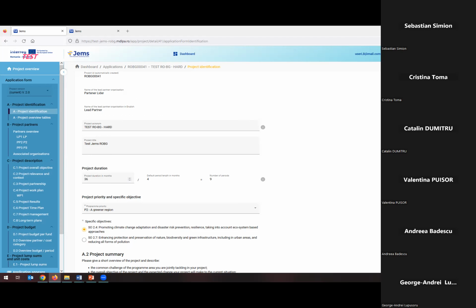But I say that according to the provisions of the applicant's guide, applicants outside the program area, but from Romania and Bulgaria, can also participate in projects, but only in exceptional cases, namely, if they are competent in their scope of action for certain parts of the eligible area,